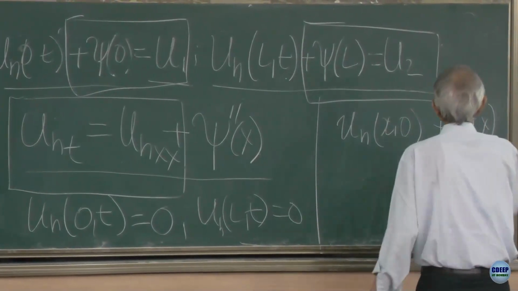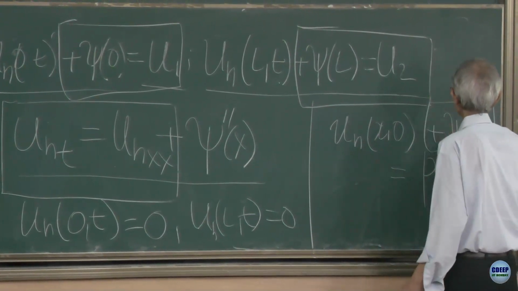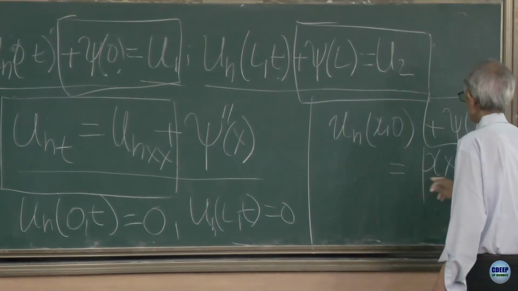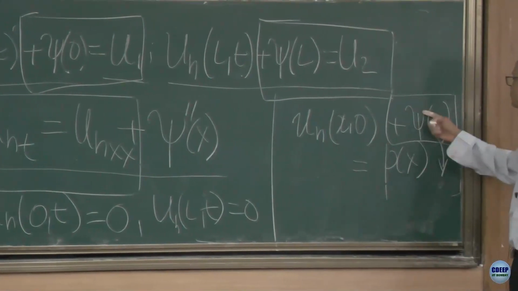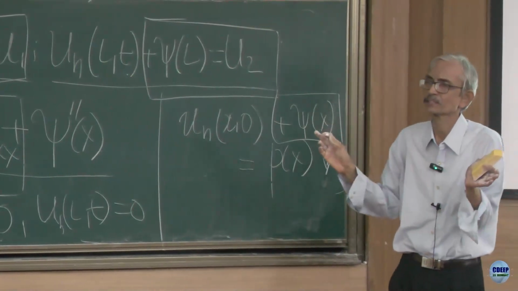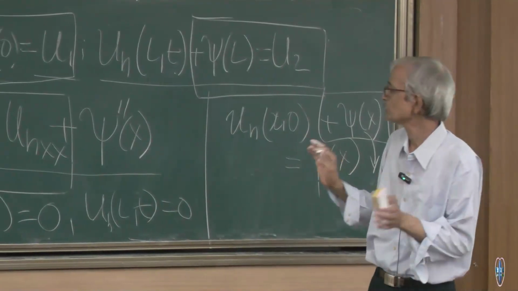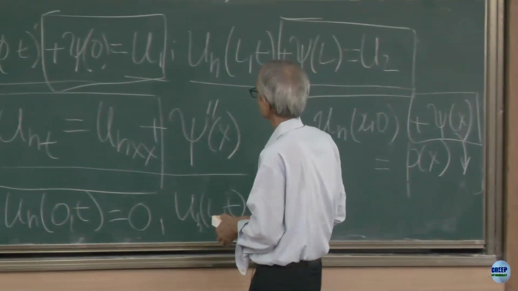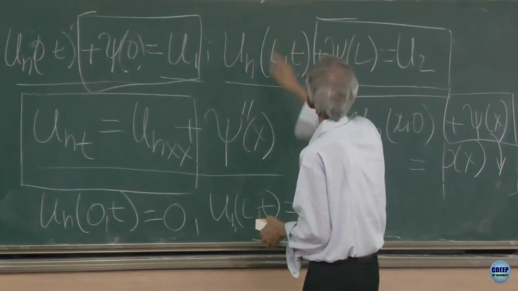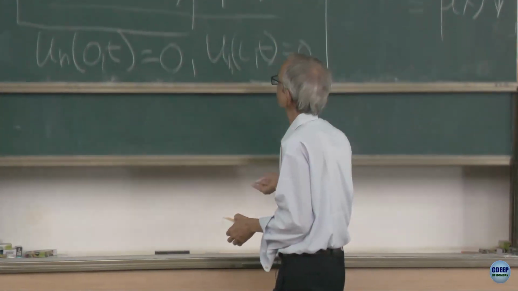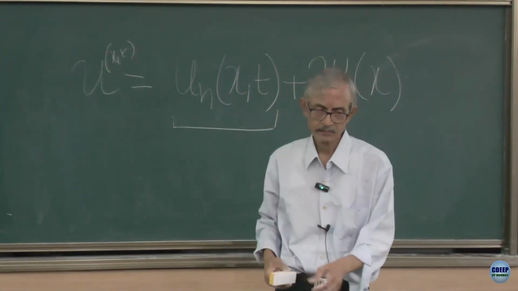I really don't have to make much of a choice. I take this guy to this side. This was px. Px minus psi x is some other qx, right? So I know how to solve this. Okay. So what we have successfully done is to say that,